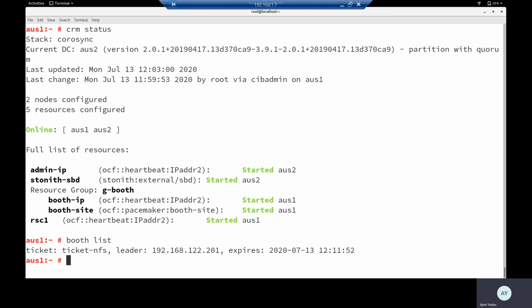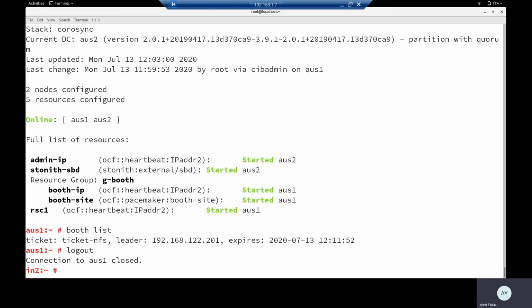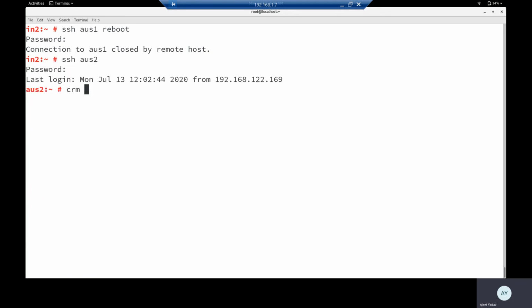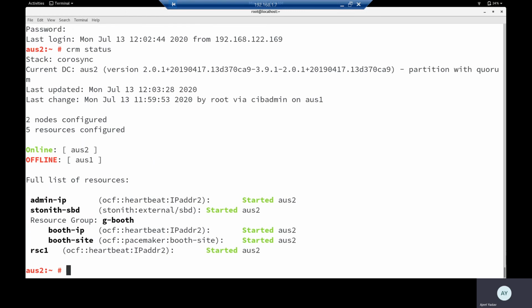So how about if I reboot this particular node? Let's reboot it: ssh Australia 1 and reboot. Let's come to Australia 2 and run crm status, and I can see the resource automatically moved here, right?